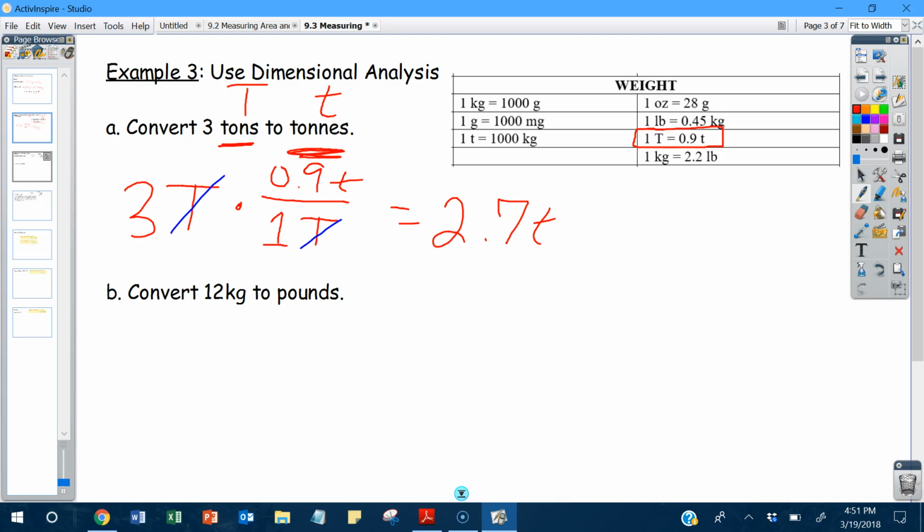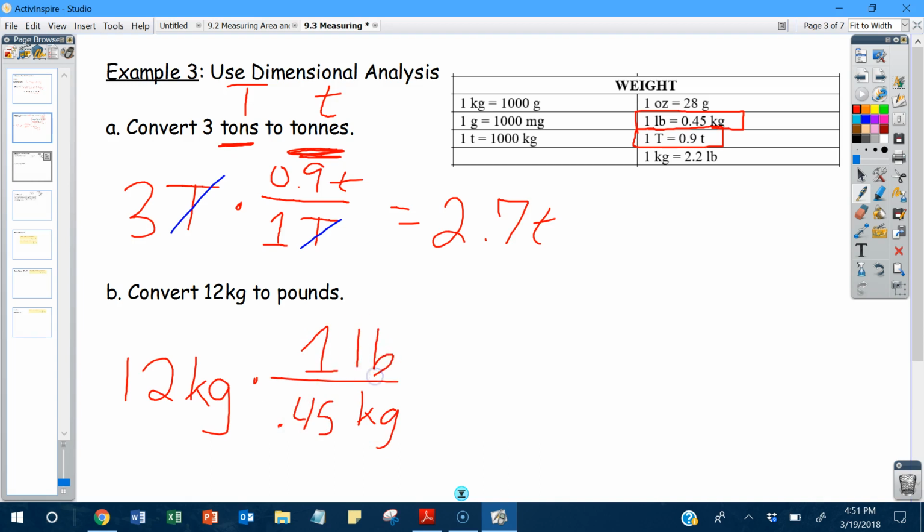And then I want to do 12 kilograms to pounds, and it looks like I can do that just as easily with this next unit fraction, or the conversion here. I'll turn it into a unit fraction. So I'm going to go kilograms and pounds. Kilograms goes down here. That's 0.45. And 1 pound goes up here. That cancels. I'm doing 12 divided by 0.45,